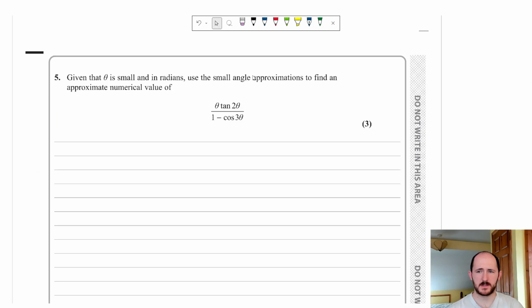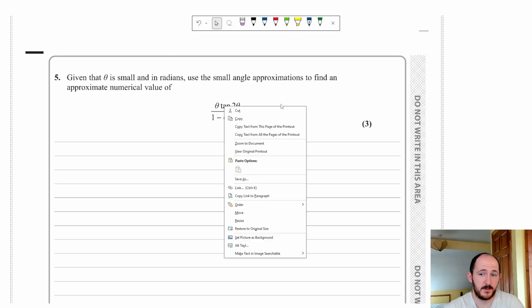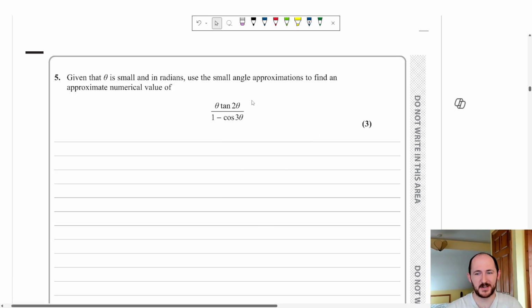Okay, small angle approximations. I'm pretty sure they give you these in the exam or the formula booklet anyway, but if you're watching this in the future, they might stop doing the formula booklet, so keep that in mind. Given that theta is small and in radians, use the small angle approximations to find the approximate numerical value of this. So remember that tan theta